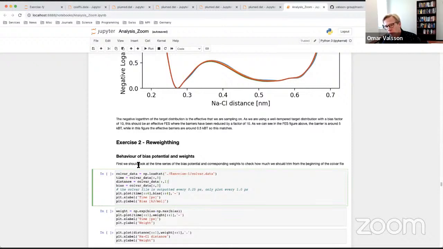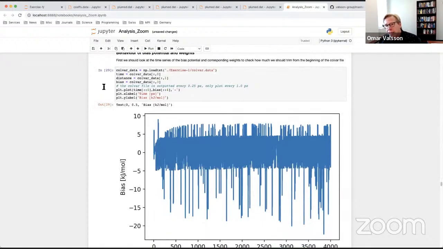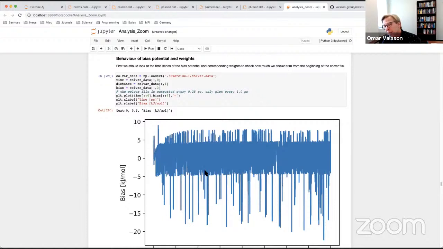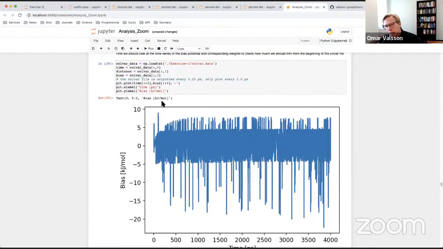To understand how much we should trim, it's good to look at the behavior of the bias potential. This is the behavior of the instantaneous bias at each step. We can see that in the beginning, within the first 500, we have some kind of peak. This is where the bias potential is changing a lot initially, and then it equilibrates. So from this graph, I would say one should probably ignore at least 500 to 1000